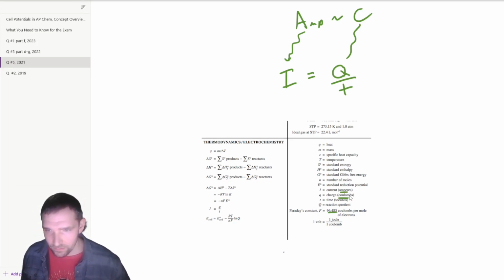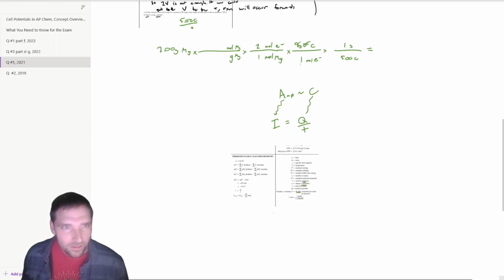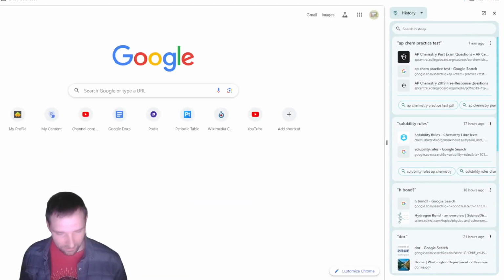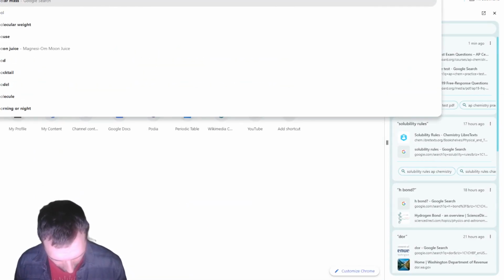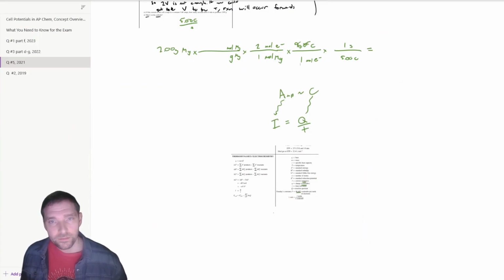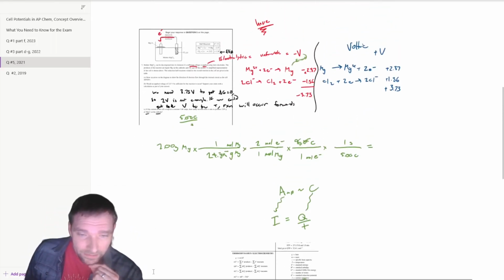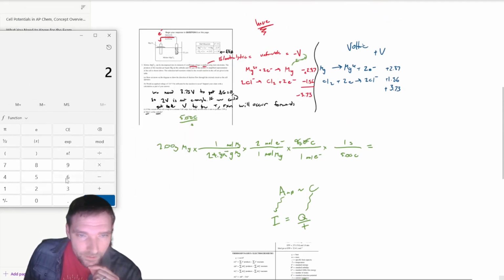And then we've got the number of coulombs per mole of electrons. So we just kind of plug those in. That's 9.65 per one of these. And we need the molar mass of magnesium, just that, 24.305. And you'll end up plugging this into the calculator, and we should be able to get a number. So we'll get 2 divided by that 24.305